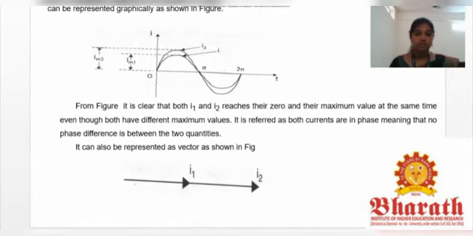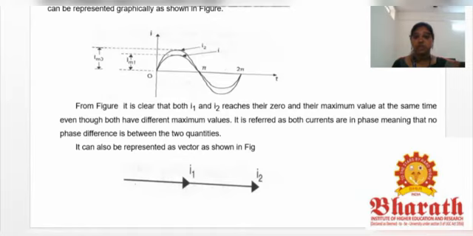So now here two currents I1 and I2 are starting at the same time at 0 and completing their positive half cycle at pi, going to the negative half cycle and completing the negative half cycle at 2 pi. So 0 to 2 pi will form one complete cycle. Here I1 and I2 start at the same time at 0, complete the positive half cycle at pi, and complete the negative half cycle at 2 pi.